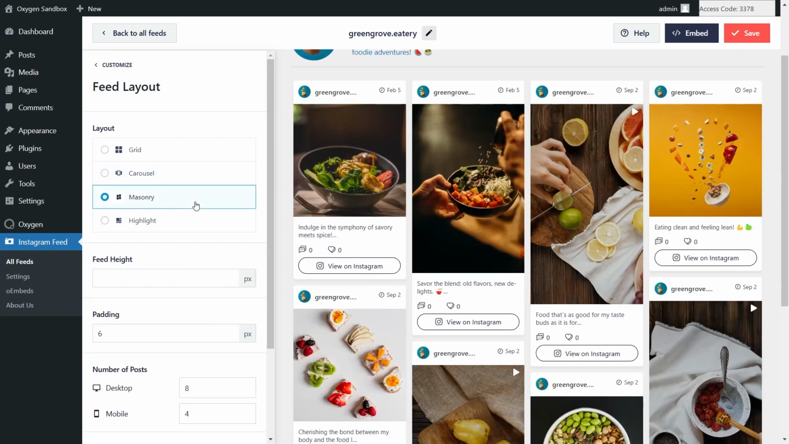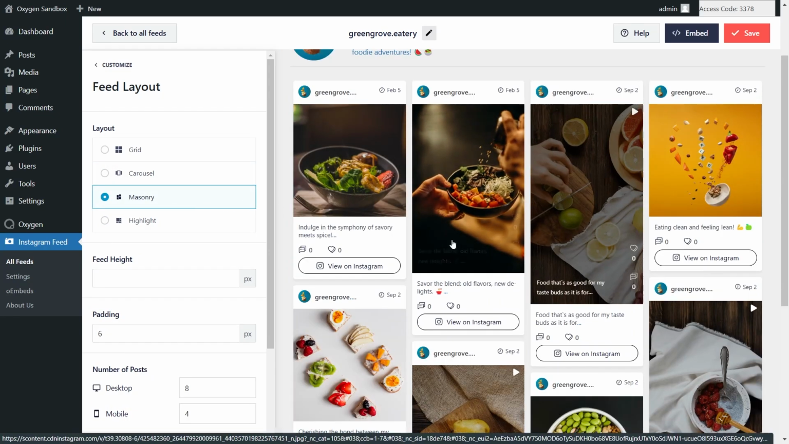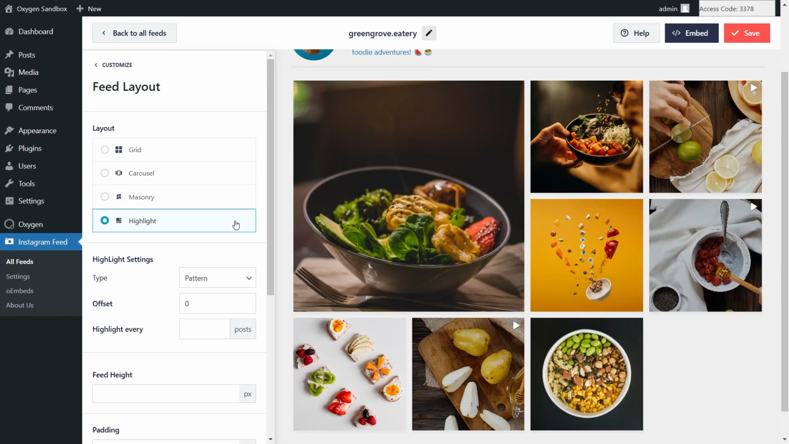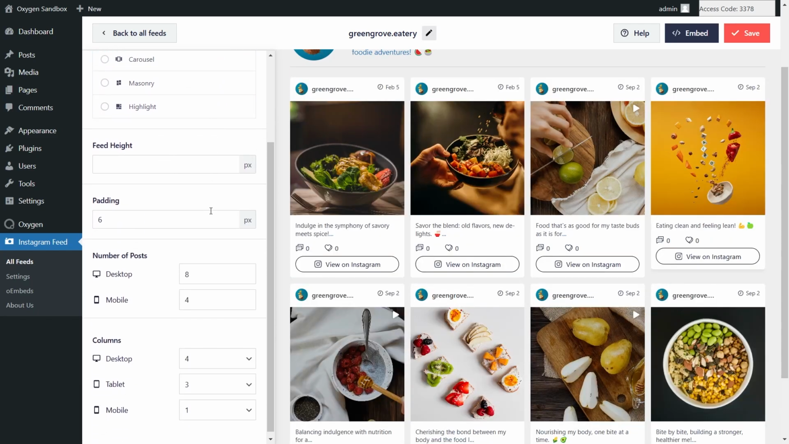Third is the masonry layout. This one displays your posts in rows and columns, but with the posts in the original sizes. Lastly, we have the highlight layout, which highlights specific posts in a larger size inside your feed. But now, let's continue with the grid layout, and if you scroll down, you can choose the number of posts